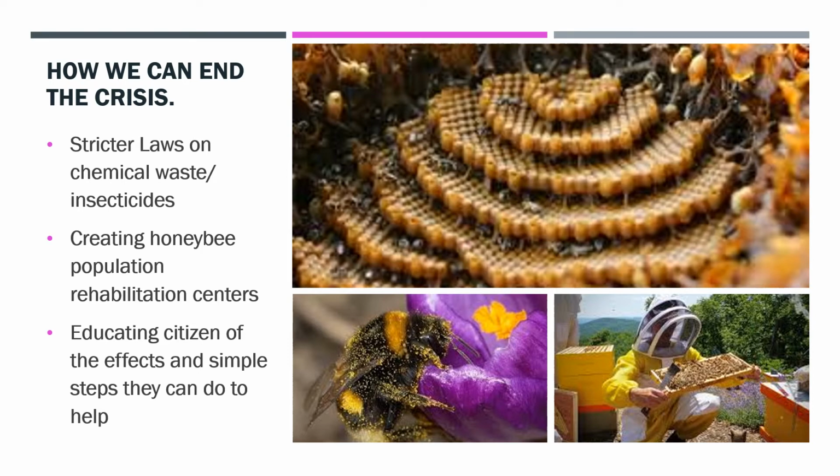Our final solution is simply informing and educating citizens of this crisis and the easy ways that they are able to help. One of the ways that they will be able to help is by eating bee-friendly. If they were to eat foods with fewer GMOs and harmful chemicals, this will reduce the poor nutrition spread throughout the bee community. We also recommend avoiding the use of pesticides on lawns, as well as harming or killing any bees within or outside of your residential area.